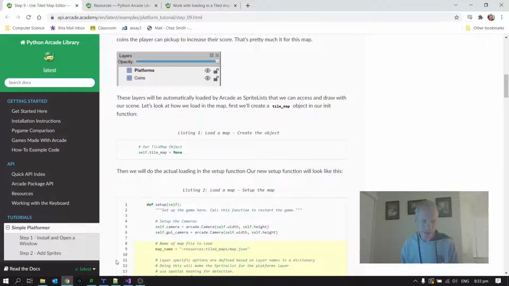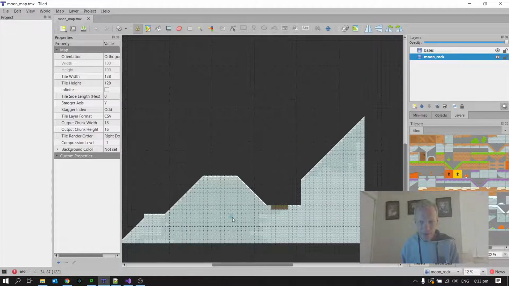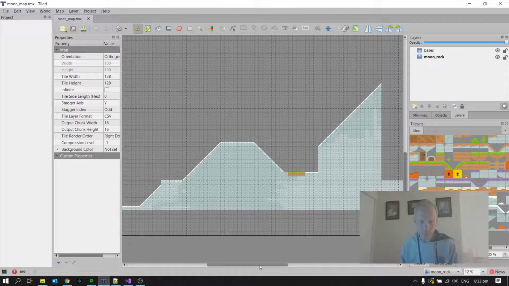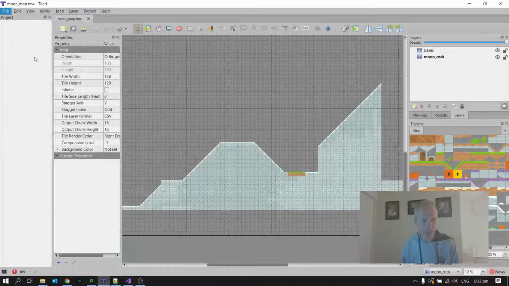But I'm going to start in tiled. I think that's the appropriate thing to do. Here's a tiled map that I was using previously. It's for a little Moonlander project, and it's a TMX file, moonmap.tmx it says up here. So the first thing we need to do is do a save as,